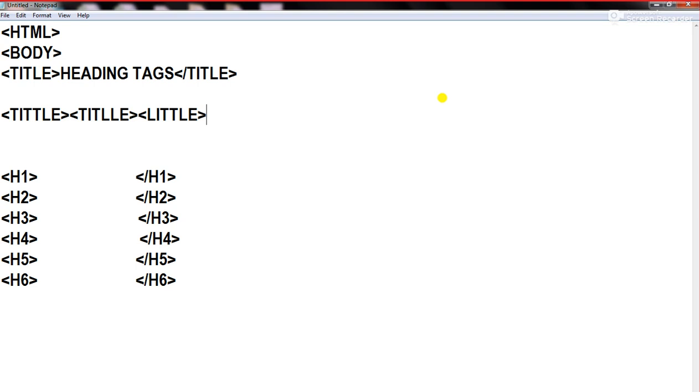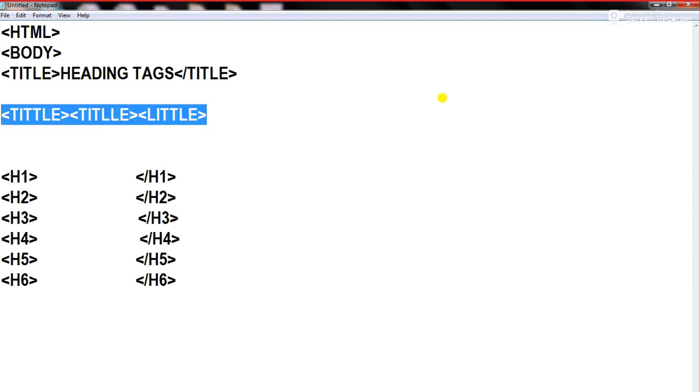The computer is not going to understand these tags. These tags will not work when you write them in the HTML program. So make sure that you are writing the spellings correctly. That is, title, heading text, and slash title will be used for closing the title tag, right?